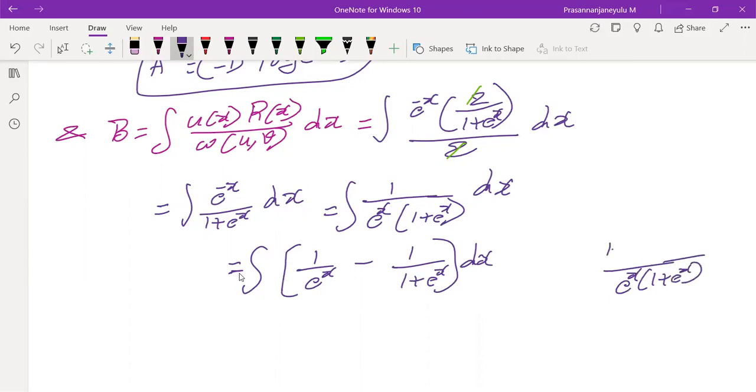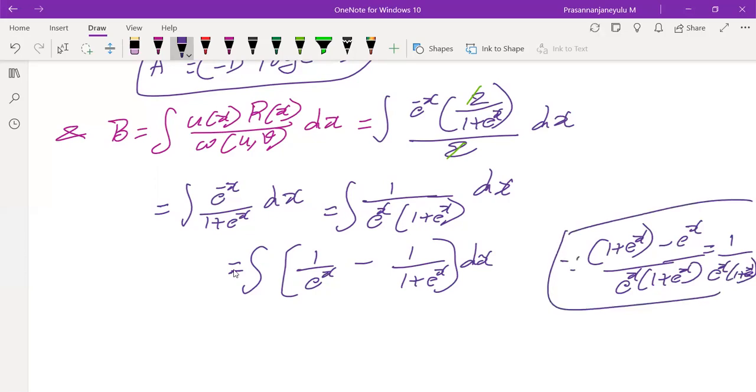The first term will become 1 plus e power x, minus the second term, e power x. So plus e power x minus e power x gets cancelled. We'll get 1 by e power x into 1 plus e power x. So that is nothing but our previous step, are we getting it or not? Yes or no? Because of this reason, we can take it like this, but still we cannot find the integration